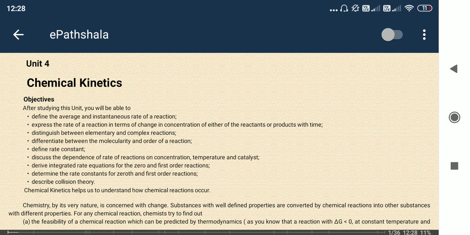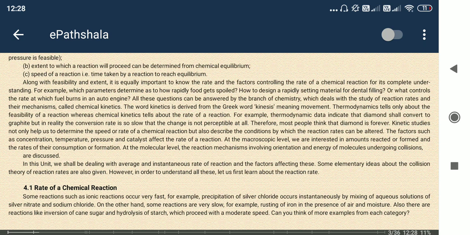So what we see here, kinetics means movement, motion. Here chemical reactions are occurring, where reactants interact with each other to form product, right? This conversion of reactant to product involves motion. We can say it is like changing something. That's why this is kinetics. Okay, so chemical kinetics. Let's start.